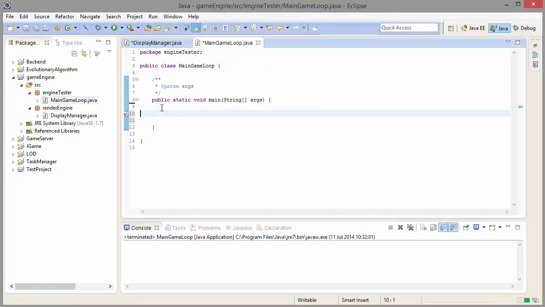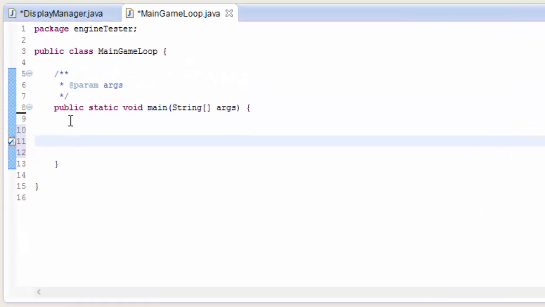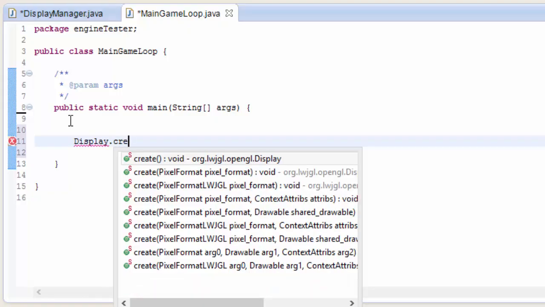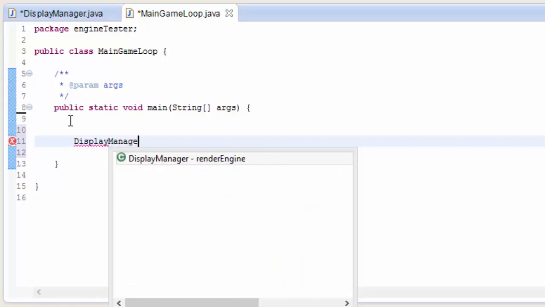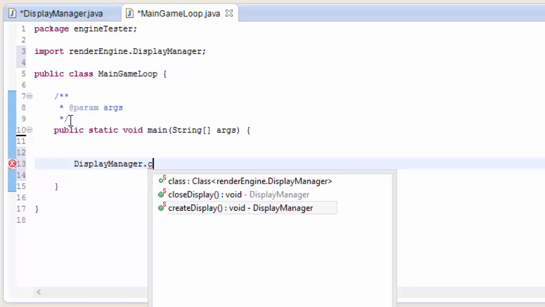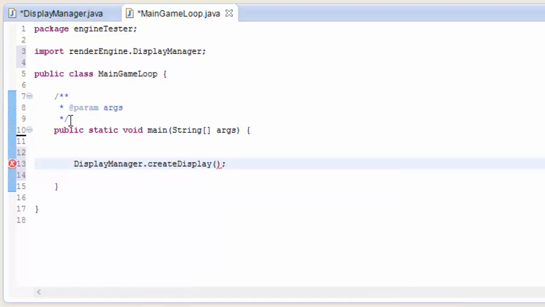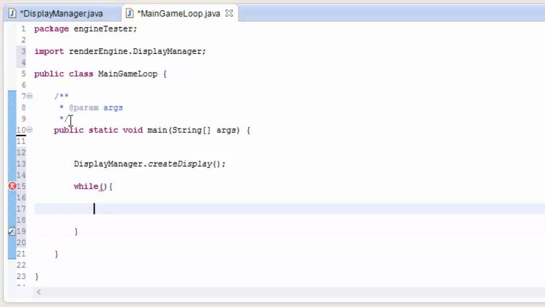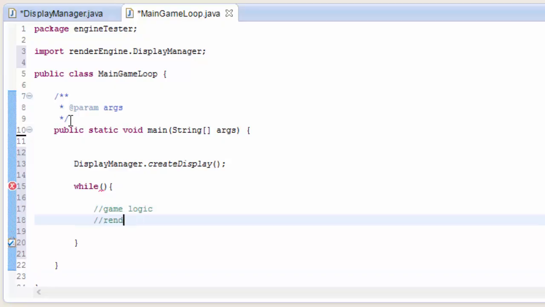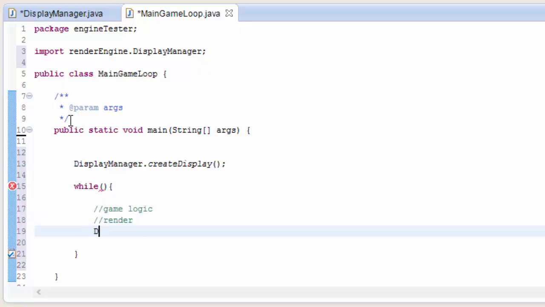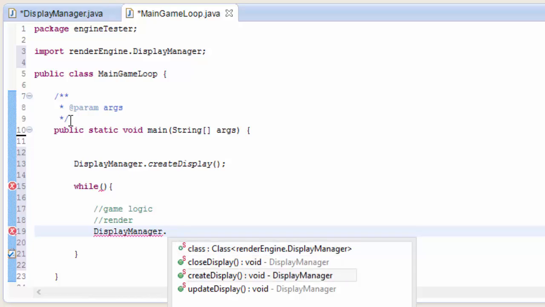So when we run our game, the first thing we want to happen is for the display to open. We've just written a method for that. That's DisplayManager.createDisplay. That will open up the display. Then we want to go into the actual game loop. And this is where all of the objects are updated every frame, all the rendering happens. So we've got the game logic and the rendering, and of course every frame we want to update the display. So DisplayManager.update,